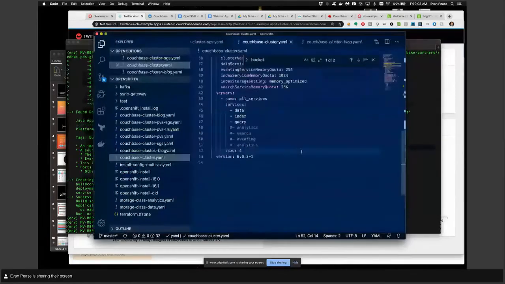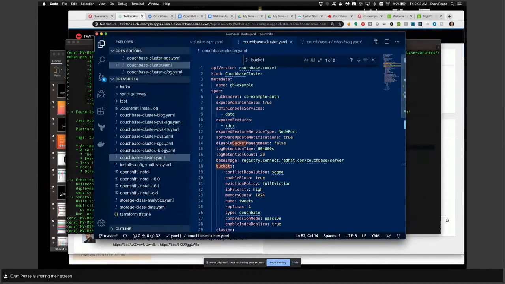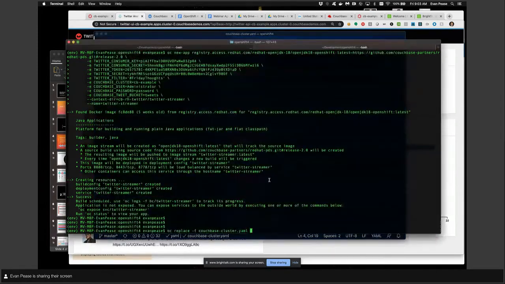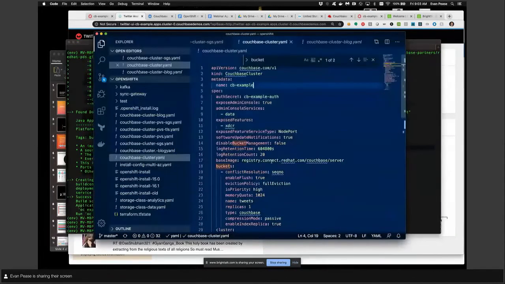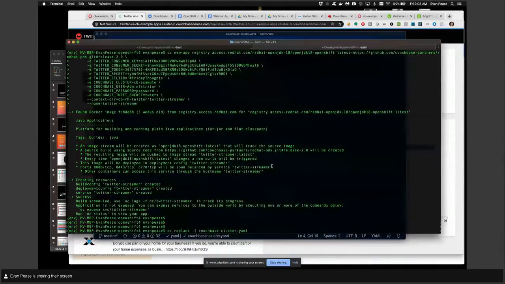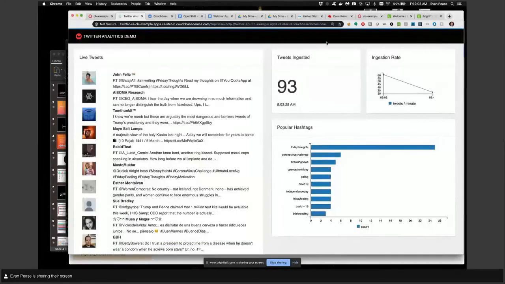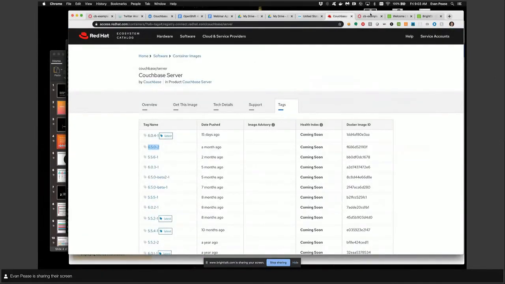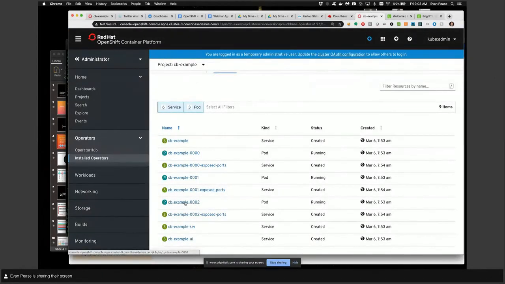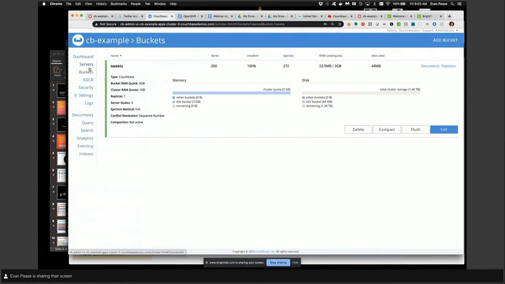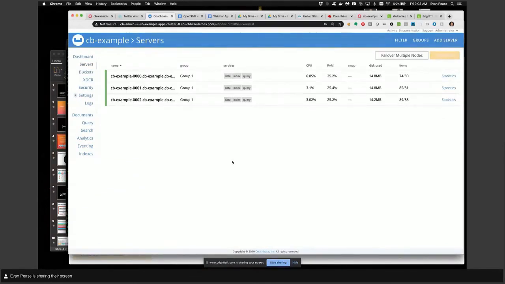So what this will do is look at the name of my cluster, which is CB example. The operator will see that this cluster already exists and that we're changing the CRD, and so it will bring the cluster to our desired state. In this case, we're changing it from 3 to 4 nodes. Let's go ahead and execute this. What's going to happen are a couple of things. On the Couchbase side, we'll see a CB example 003 pod get created. There it is right now. It's pending. So this new pod, this is a new Couchbase node that's coming online. After this is done coming online, you can watch it come online here on the Couchbase side as well. Usually just takes a couple of seconds.